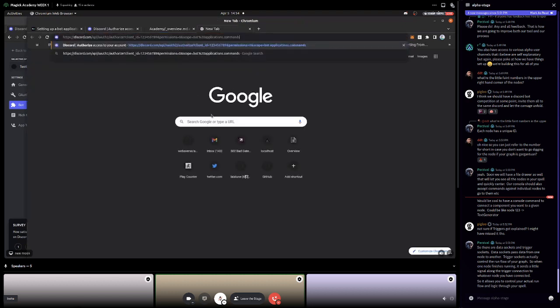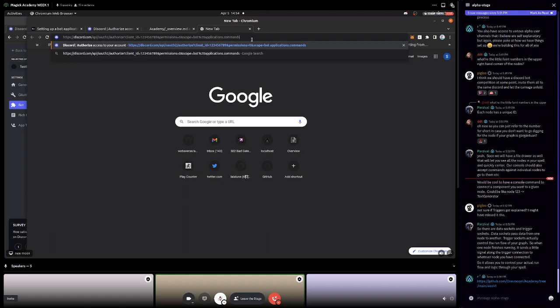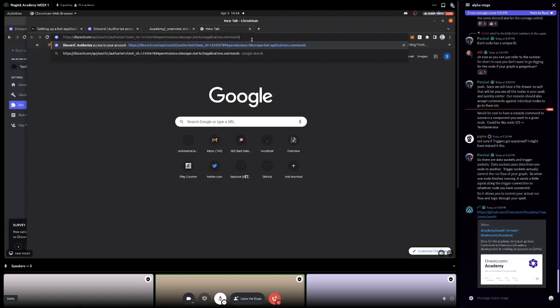Copy link. Now I need to get the client ID for my bot. Typically with a bot, if you see a cool bot you like, you click on the bot and then you invite it to your server. But if you've never invited the bot to any servers, there's no interface to do this. So you have to invite the bot programmatically with this URL to your first server.